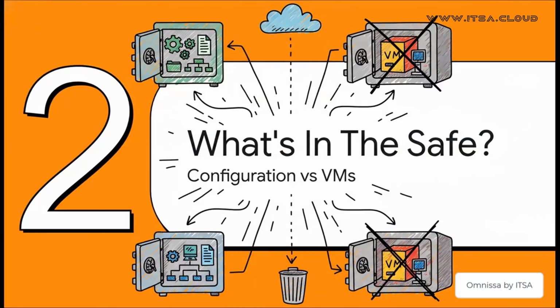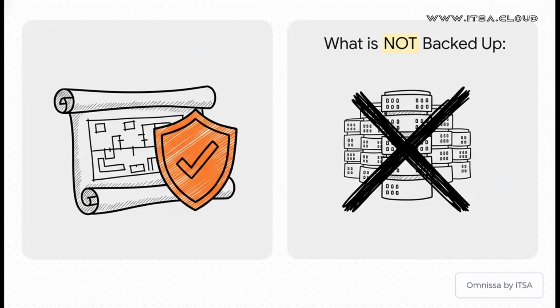All right, so when we talk about backing all this up, what are we actually putting in the vault? This is so important. We need to be crystal clear on what this process protects, and maybe even more importantly, what it doesn't. Okay, this is the key takeaway right here. On the left, you've got the blueprint. That's your configuration data, your Atom LDAP database. Think of it as the instruction manual. It knows about all your desktop pools, your policies, who gets what desktop. On the right, you have the buildings themselves, the actual virtual machines, the desktops your users log into every day. So this process backs up the instructions, not the finished product. Backing up the VMs, that's a whole other separate job.